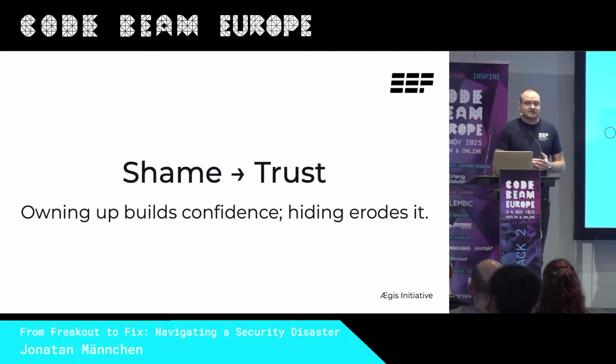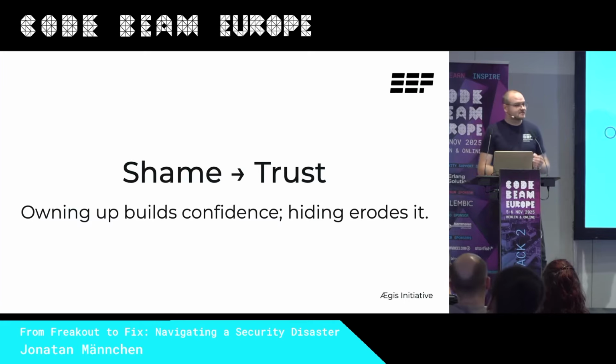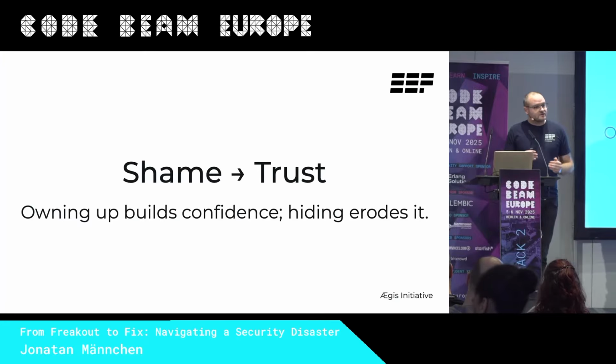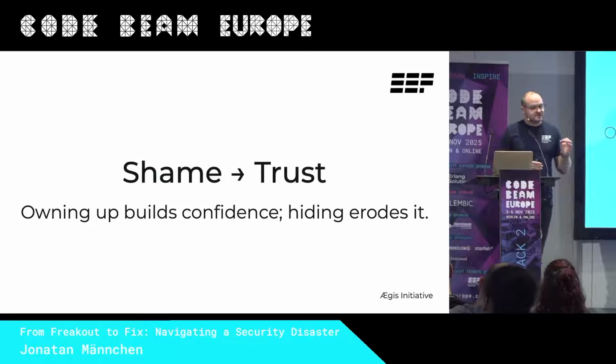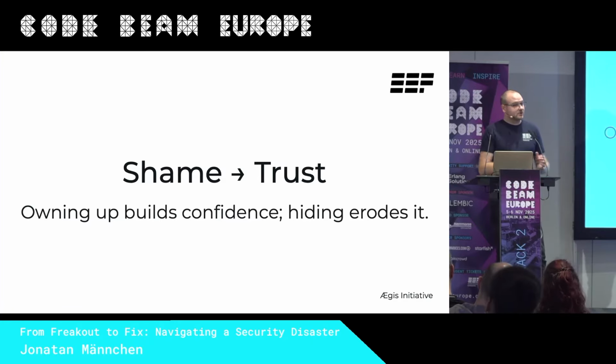When you find a vulnerability, your first instinct might be to hide it, to push a silent patch and hope nobody notices. But silent patches leave users unaware, scanners untriggered, and trust quietly erodes. And attackers do notice. Reverse engineering patches is trivial, so silence can actually hand them a head start. In fact, there are people and bots out there that do nothing but watch commit feeds and diff releases and look for suspicious changes.